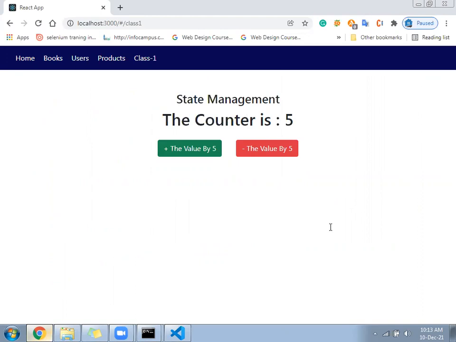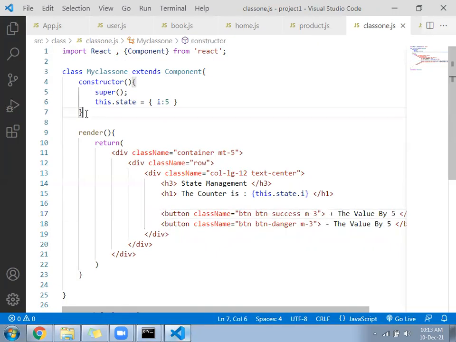To click on any button, you have to call a function. Without a function, it will not happen. So first go and write a function inside the class.